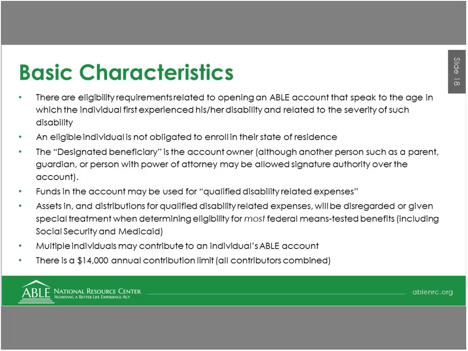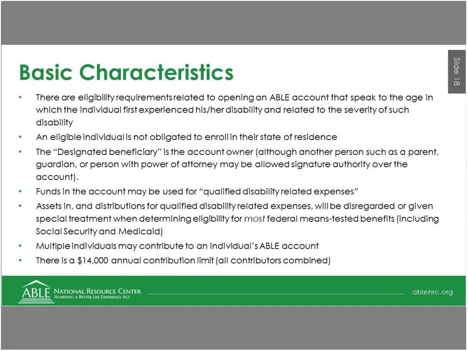That being said, if the designated beneficiary either doesn't have the capacity to oversee their own account, or if they just choose to want some help with that, there are three types of individuals that can have what's called signature authority. And that basically means that they're allowed to exercise authority over the account on behalf of the person with a disability. But in order to be allowed to have that type of authority, you have to be one of these three types of individuals.